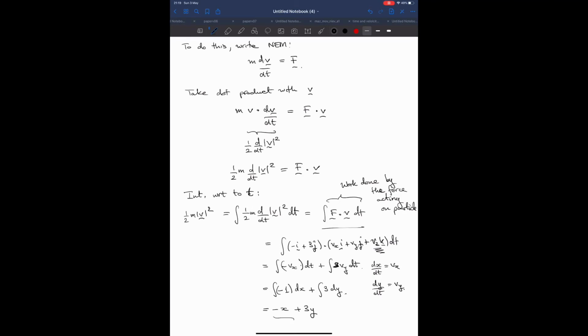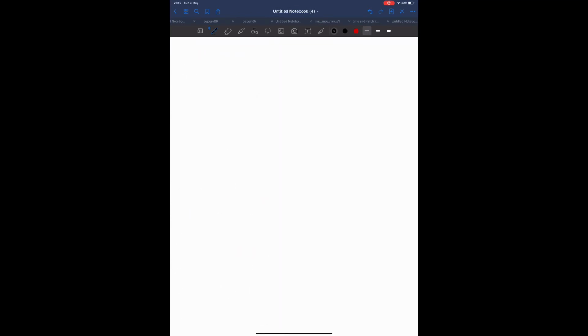And this is precisely minus our potential energy, V. Okay, so let me write down what we have shown: our mechanical problem gives us the following energy conservation principle,